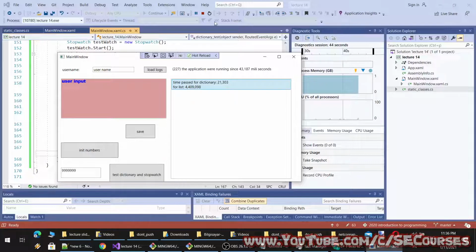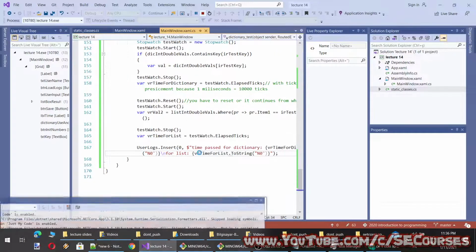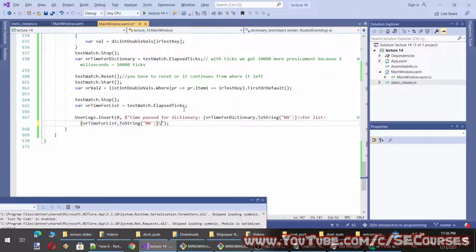We can actually calculate the difference as well. The list calculation took how many times more? Let's calculate it over the dictionary, and let's format it.